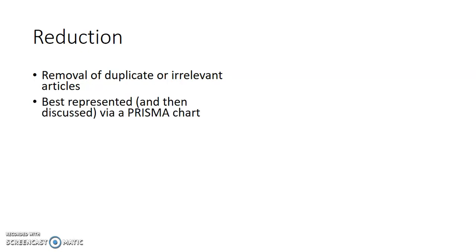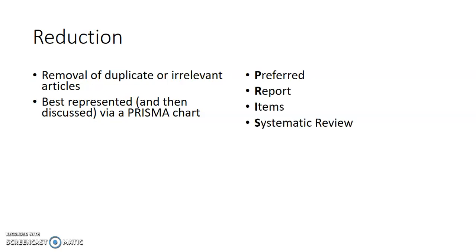But it's best represented. I mean, when you're removing articles, it's not enough to say we removed some and we were left with this final amount at the end. You've got to kind of prove it and represent it. You can do this via a Prisma chart. Now, Prisma stands for the Preferred Reporting Items in Systematic Review and Meta-Analysis. But essentially, it is a way of representing the number of articles that you took out at a certain stage,